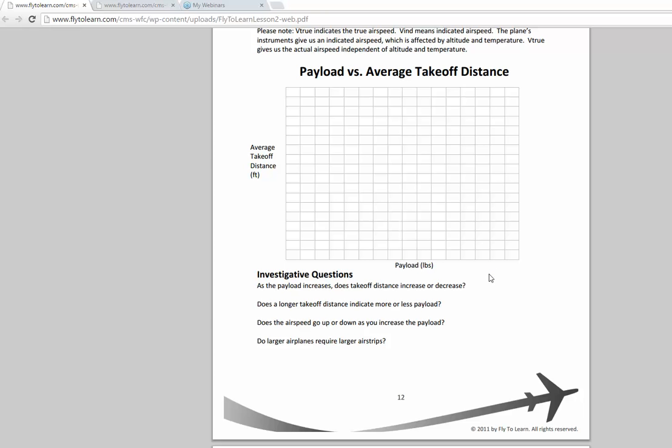And do larger airplanes require larger airstrips? I got a yes and I got a not always. The answer I'm supposed to tell you is yes. Not always is probably a little bit more accurate because it really depends on a lot of different factors that we're not even considering. So for example, if we have a really, really strong headwind,